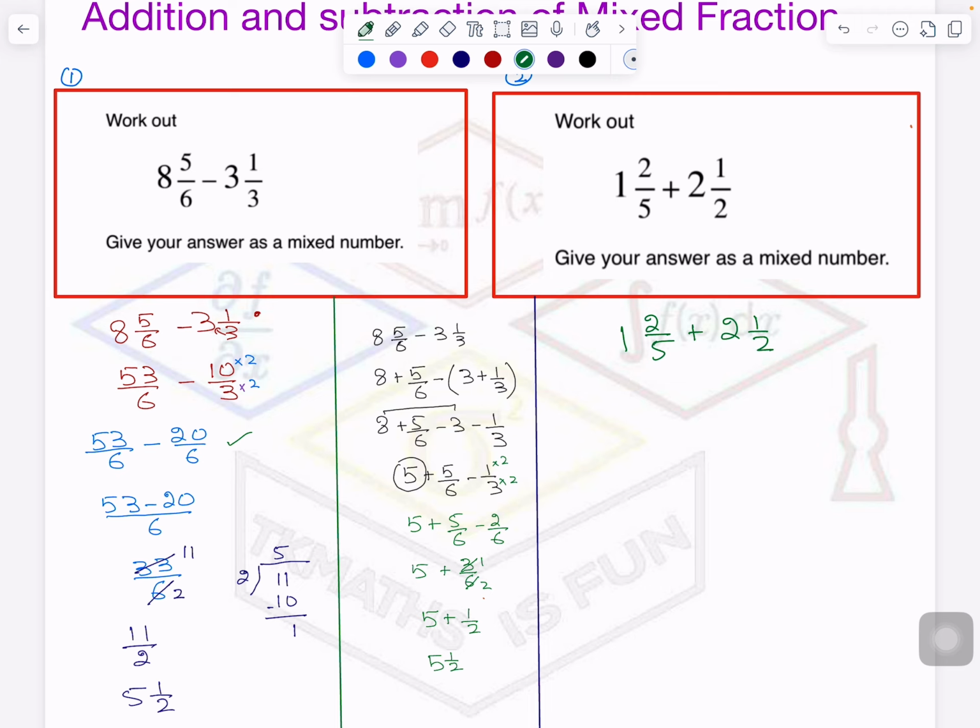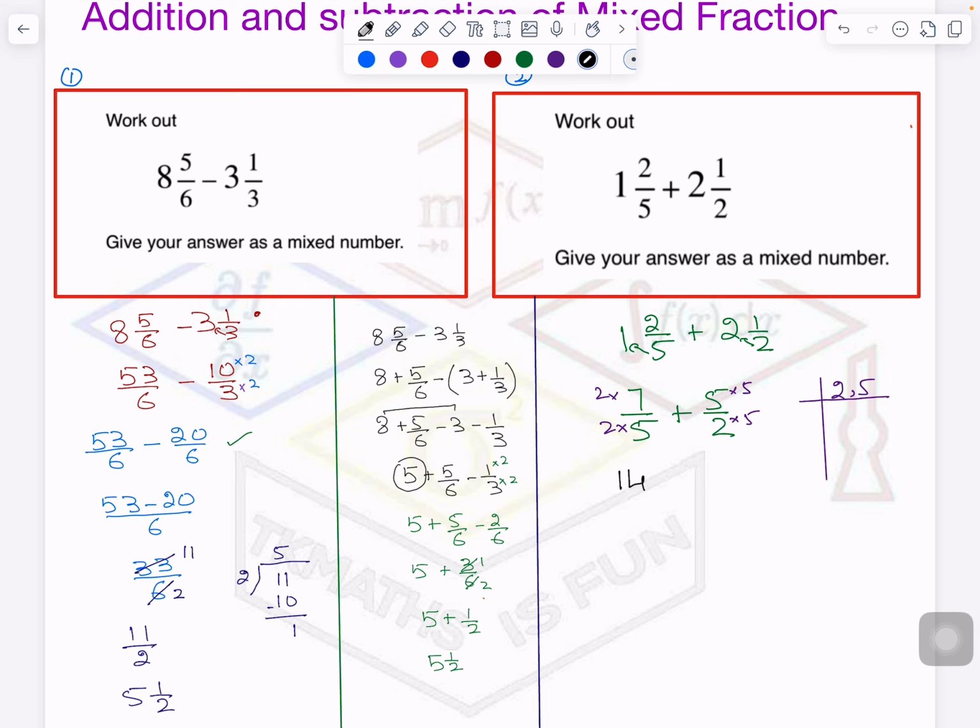So I will multiply 5 by 1. In this case 5 ones are 5 plus 2 is 7. 7 over 5. 2 2s are 4 plus 1 is 5. 5 upon 2. Again the denominator is not the same, so I have to take the LCM so that I can have a common denominator. By the way, 5 and 2 both are prime numbers, so I don't need to do LCM directly. I can multiply this by 2 and multiply that by 5, because in the case of prime numbers it is the same thing.